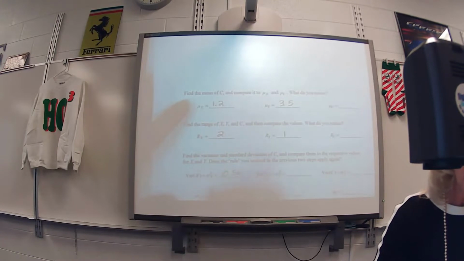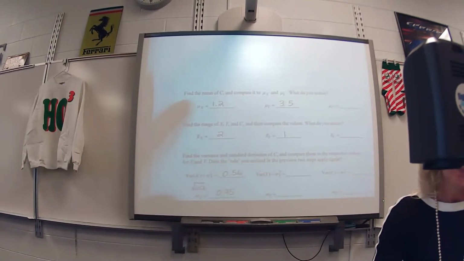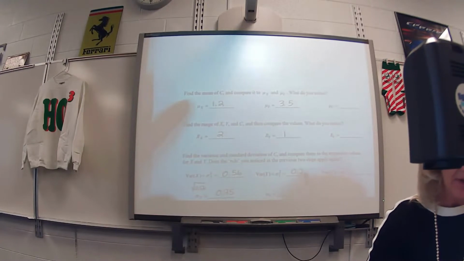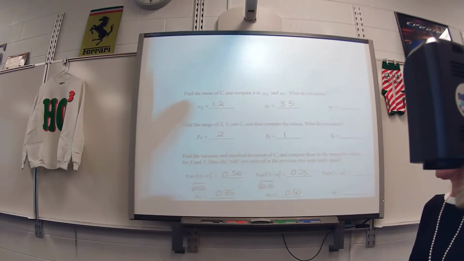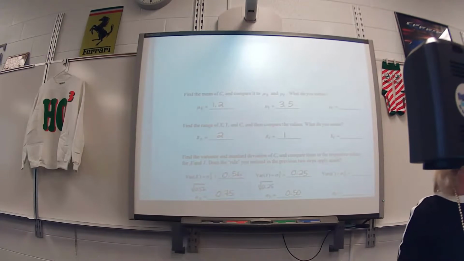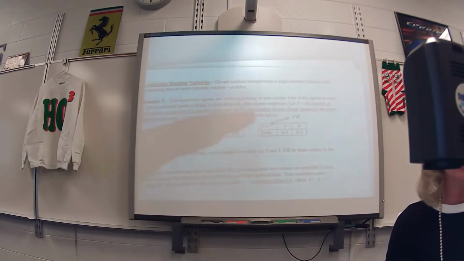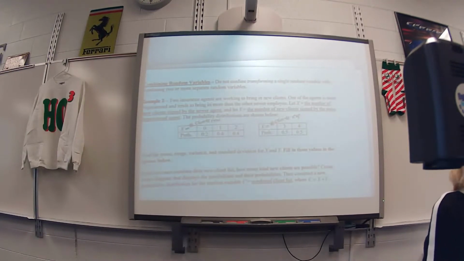And if you square root that, you get about 0.75. The variance for Y is 0.25. And if you square root that, you get a standard deviation of exactly 0.5, so 0.50. Okay? And I'm saving again some class time, assuming that you would be able to get those numbers out of your calculator. If not,